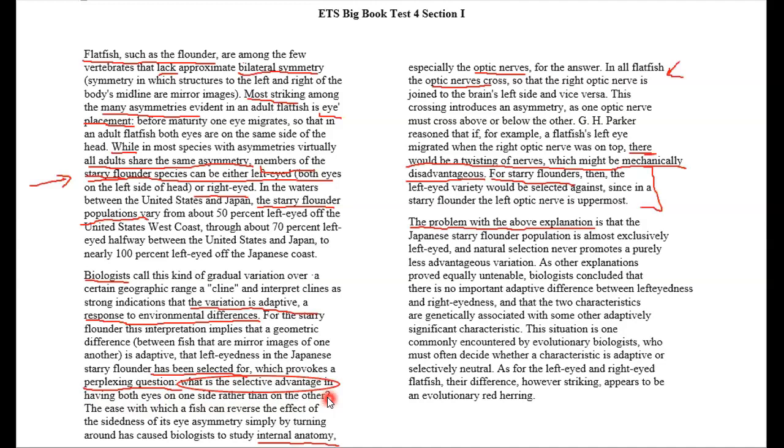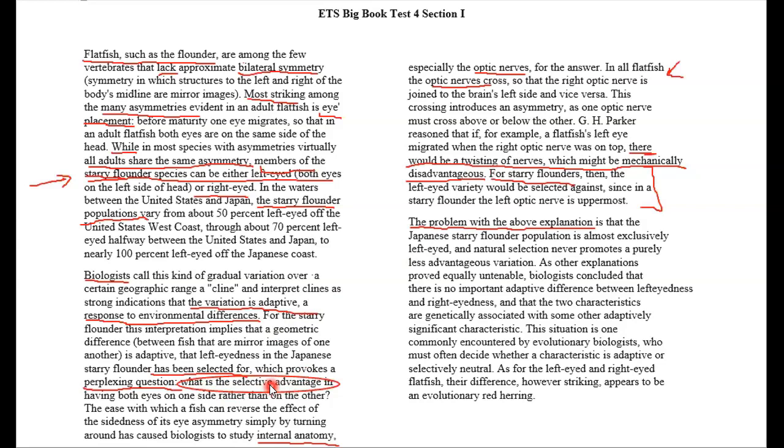And then they were trying to understand whether there was some advantage in having both eyes on one side. But then they did not really find any advantage. But what they found out was a problem, right? There would be a twisting of nerves, which might be mechanically disadvantageous. So according to the passage, the biologists tried to study the internal anatomy, and they found out that the selective advantage they were trying to find, they couldn't really find it,